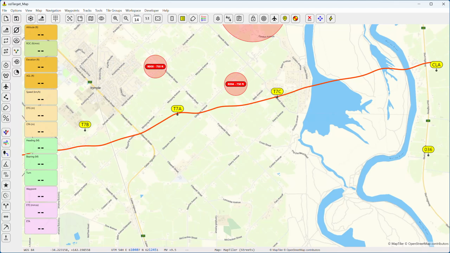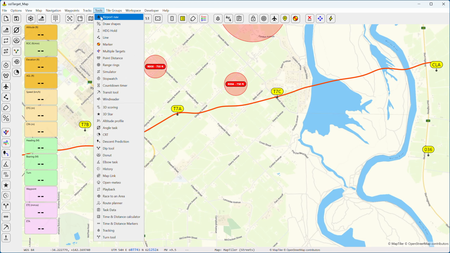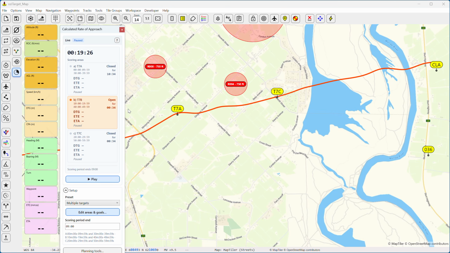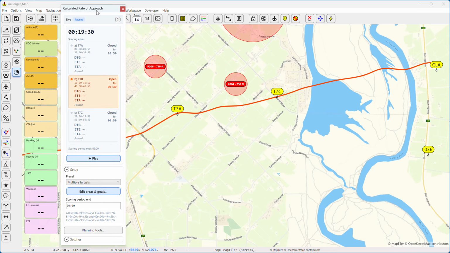In this video we're going to talk about the new calculator rate of approach tool. It is a pretty complicated tool because this task can be set in a lot of different ways, but we're going to get into it and see how we can play with it. So first thing is, in the setup section here we've got a couple of presets. We've got three presets. We've got the multiple targets option, we've got an MMA with quadrants, and we've got concentric